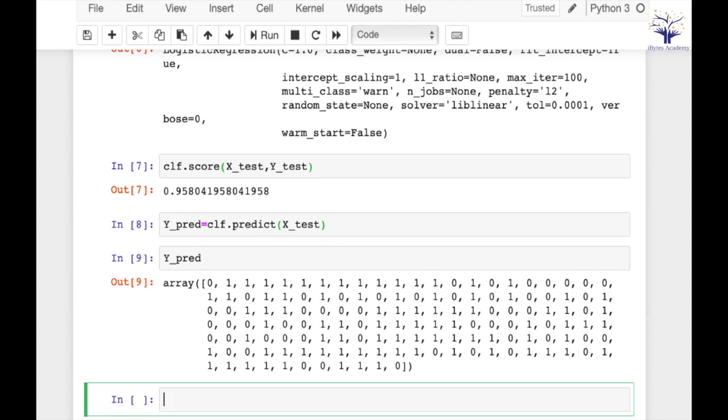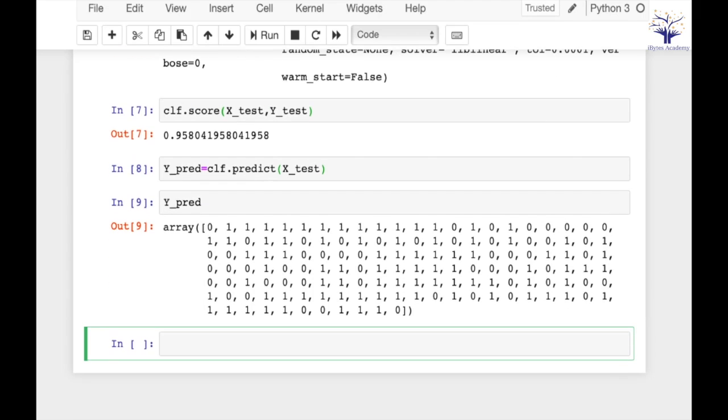So these are my predicted values for my testing data, right? Some of these values will be correct and some of these values will be wrong. So now we have already trained our model and also calculated the score. Our score is fine, everything is good. But one very important thing that I want to discuss is,